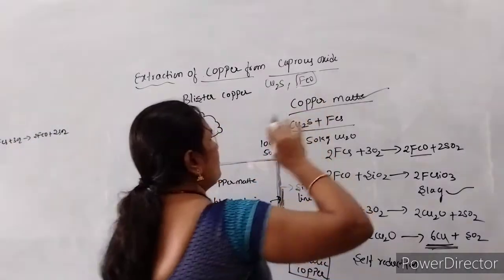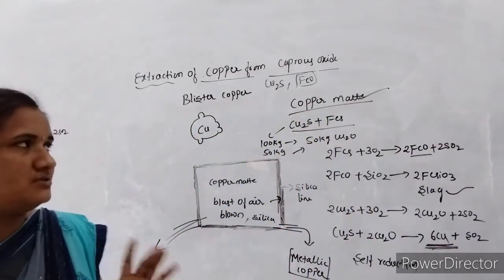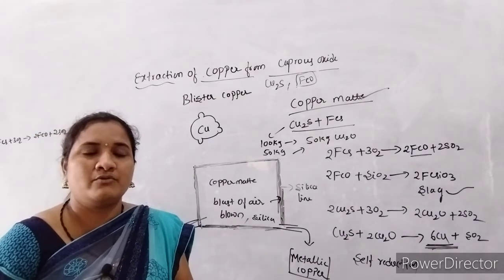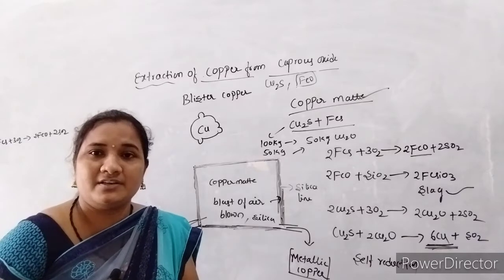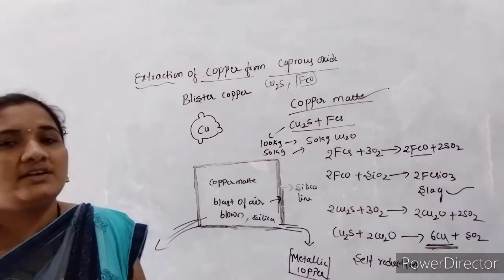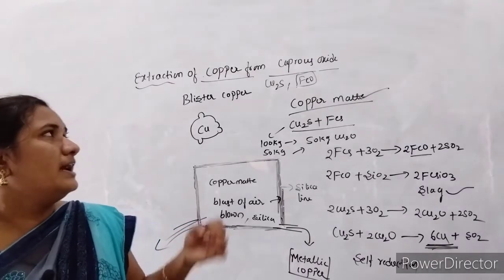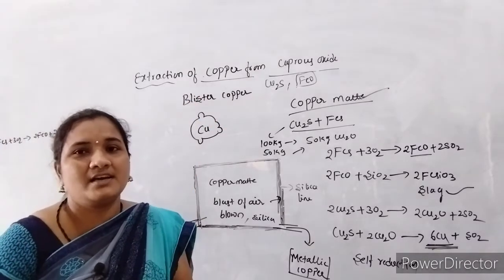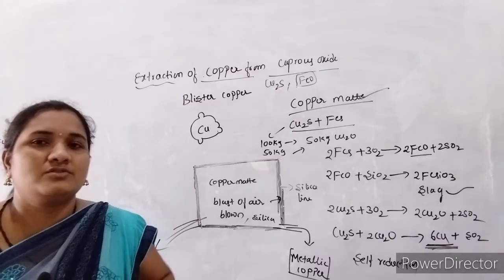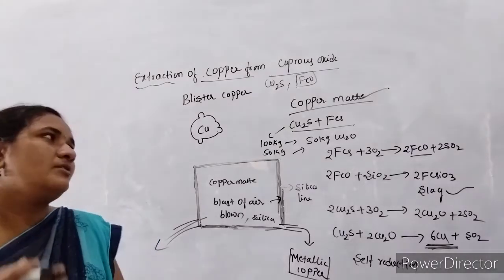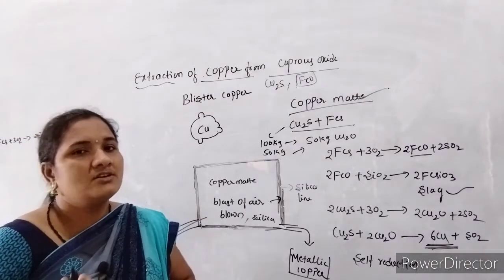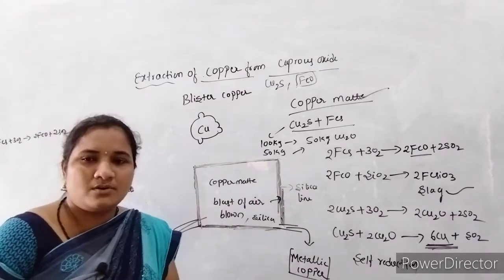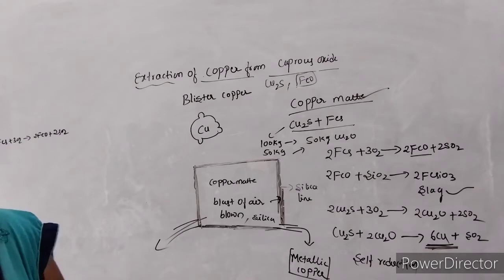The oxidation state of copper here is +1. Okay, so this is about extraction of metal ores. The first one is the extraction of iron from its ore. Secondly, extraction of zinc from its ore, and the third one is extraction of copper from cuprous oxide. All three are important, so any one of them may be asked. That is why you have to practice the reactions. Reactions are very easy; if you write them one or two times, they will come. You have to practice all the reactions.